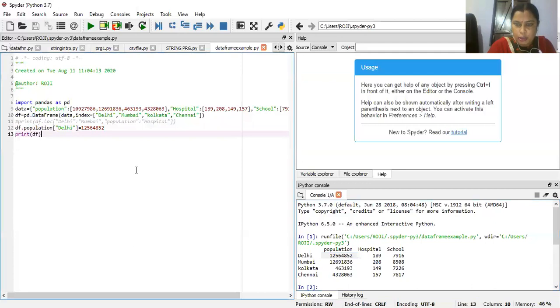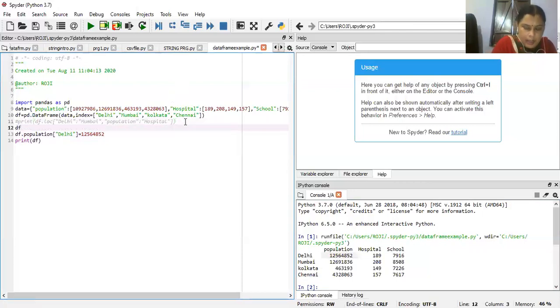Now if we want to add one more column to a data frame, suppose the column is density, then we use the add column approach. Suppose the data frame name is df, and in df we want to add one more column.